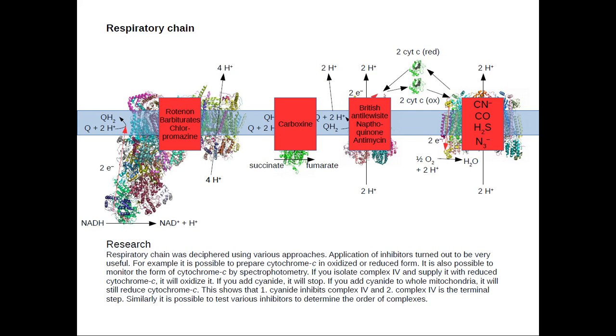There were also other quite elegant experiments to decipher how this respiratory chain works. Generally, if you want to study some metabolic process, you can try to isolate individual enzymes, and you can try to characterize their reactions. And as an alternative way, it's possible to use inhibitors of enzymes to show that